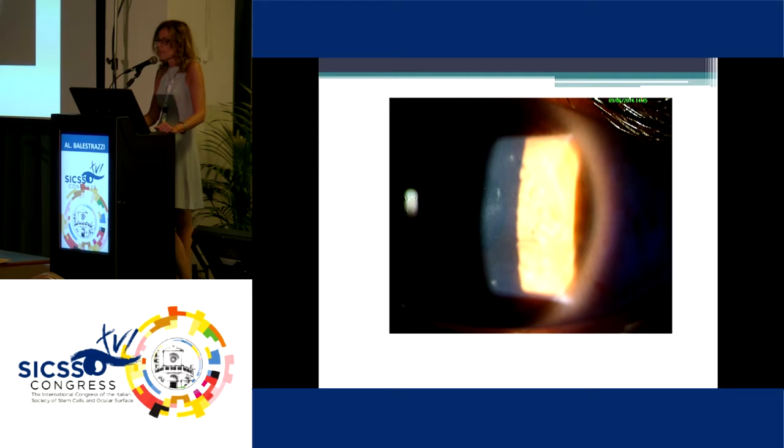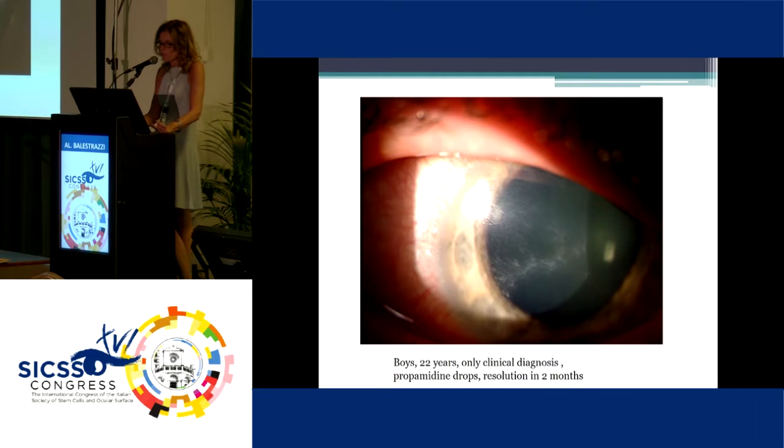It should be done, especially if we see no improvement in a matter of days. But we should also learn how to clinically identify these keratitis and rapidly diagnose them. And then we will cultivate cells and